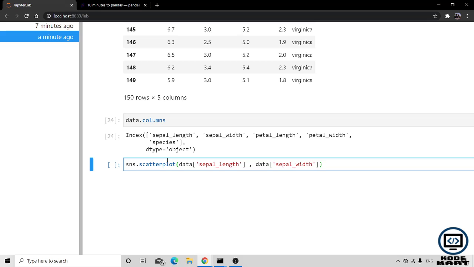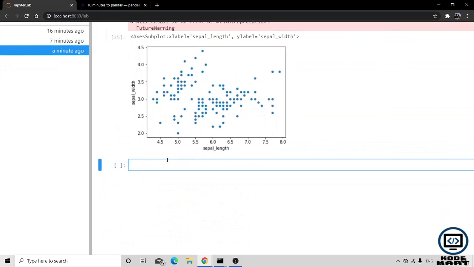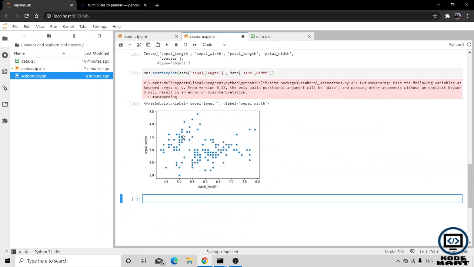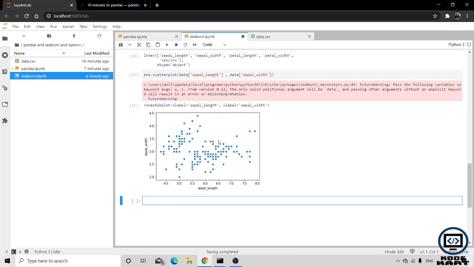Now you can see a scatter plot is generated and all these points are describing the coordinates of where the sepal length and the sepal width are pointing.